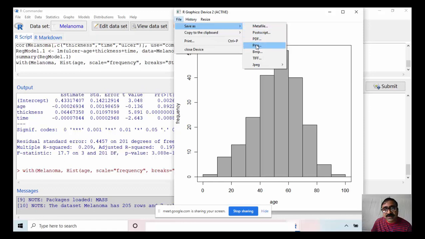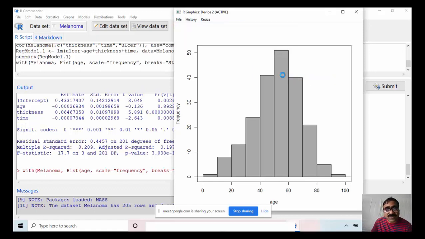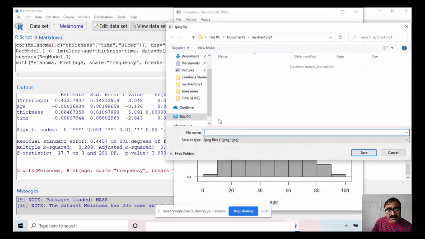Save as JPG, always with 100% quality, and you can save it.